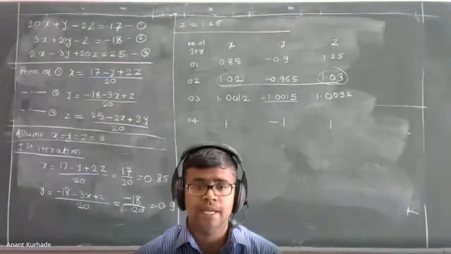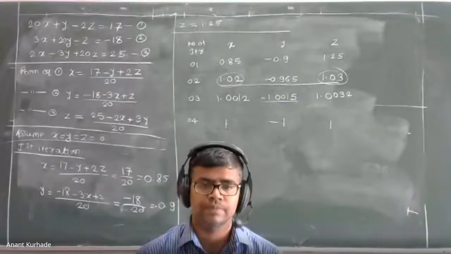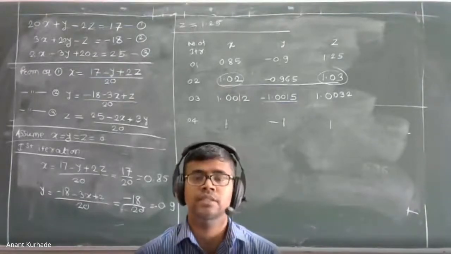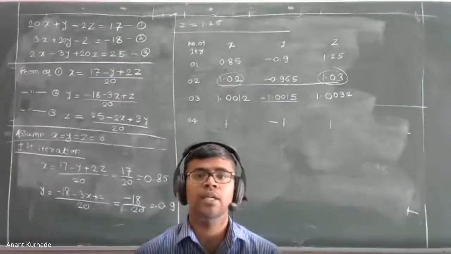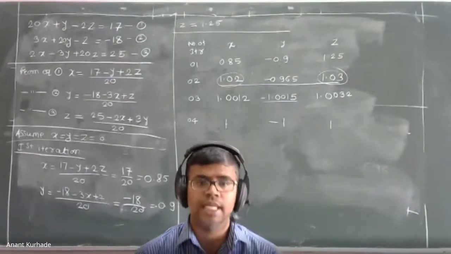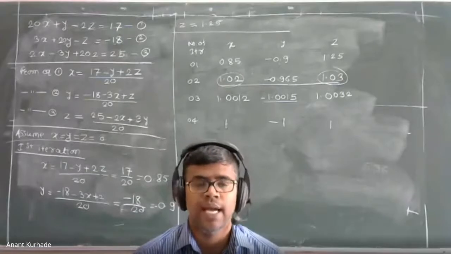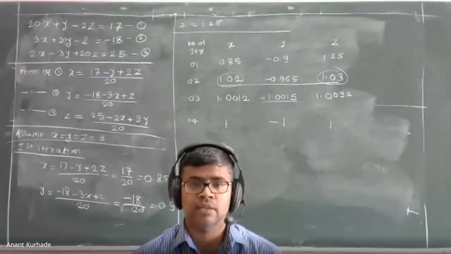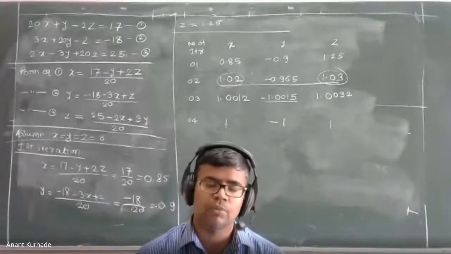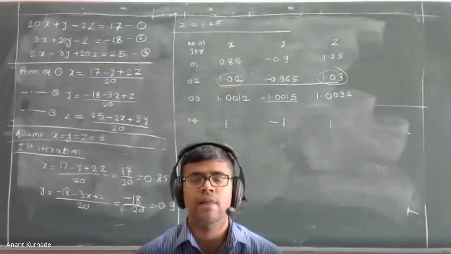So it is required to shift the rows and columns. This is called pivoting. If we do pivoting by using only rows, it is called partial pivoting. And if we do pivoting by shifting of rows and columns, it is called full pivoting.